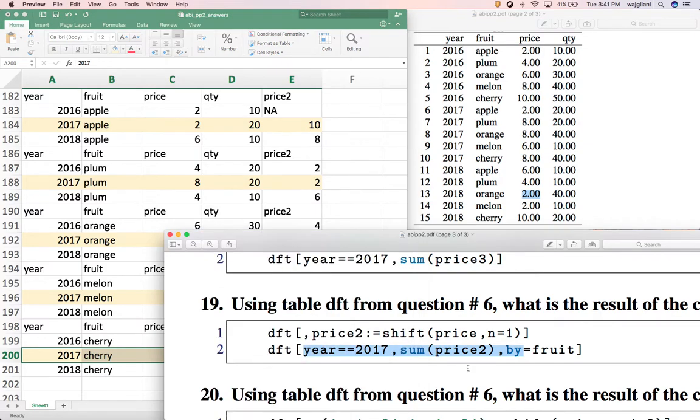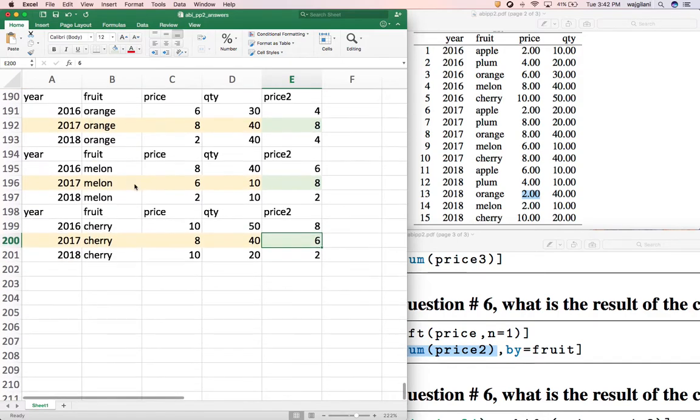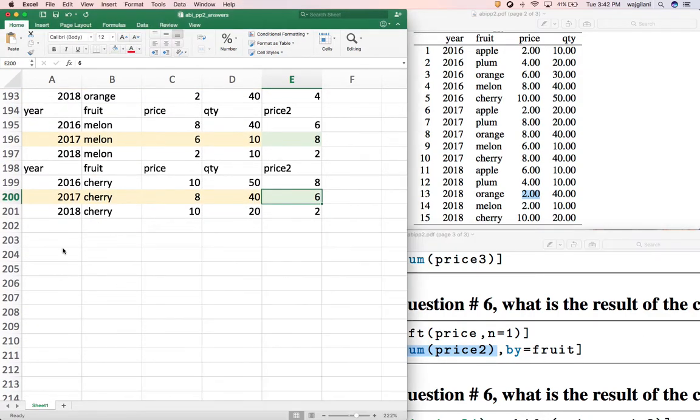And now I'm going to sum the price 2 column in the ones I selected. Again, just like before, it's just one row in each subtable, so it's literally going to be just that value. All right, and so what do I get back, guys? I get back whatever's in the buy. So my answer will be fruit,